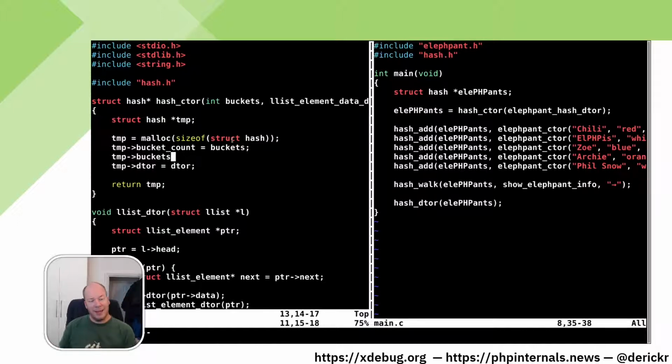Do I want to allocate our lists immediately, or do I just want to allocate enough pointers to lists? Now, in order to do some optimizations, we don't actually want to allocate a list yet, because it's a very common thing to have many more buckets than you have elements, because what you don't want to end up with